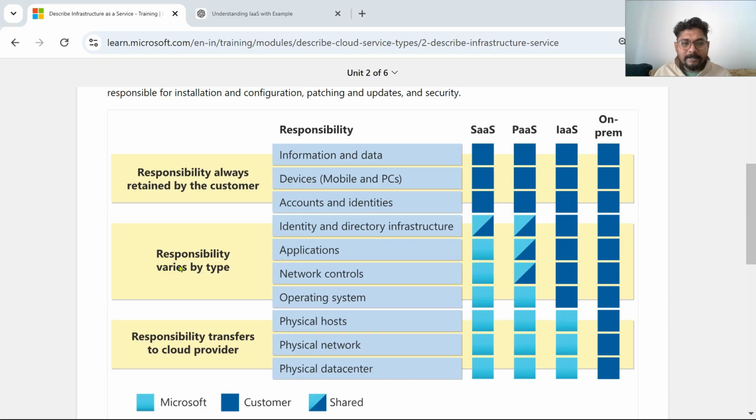Now the next thing is responsibility varies by type. There are a couple of shared responsibilities. That means a few things the cloud vendor will do and a few things you should do. Those are called shared responsibilities. Now let's look at IaaS, operating system. For example, I am going for IaaS, operating system. What are the different operating systems that you know? It could be